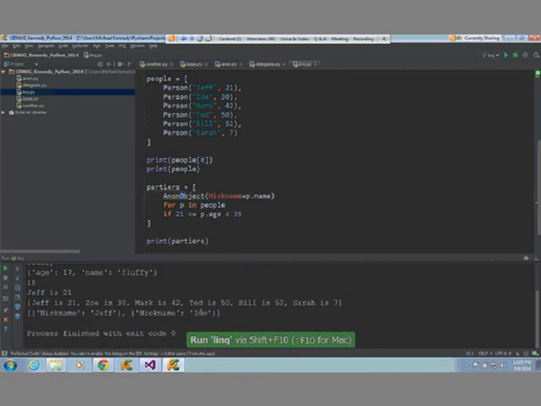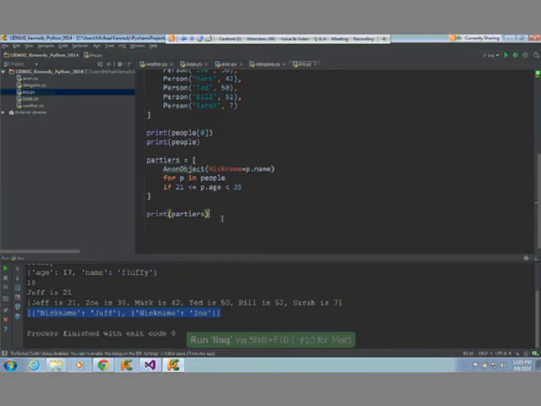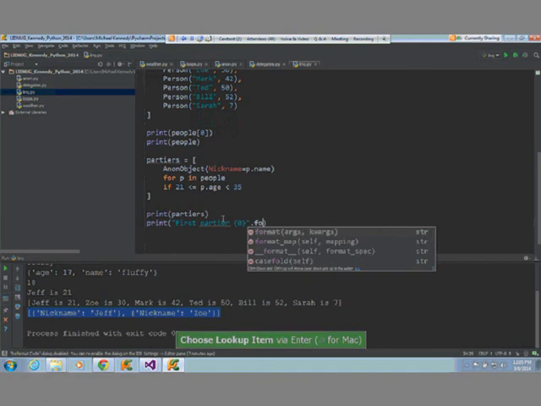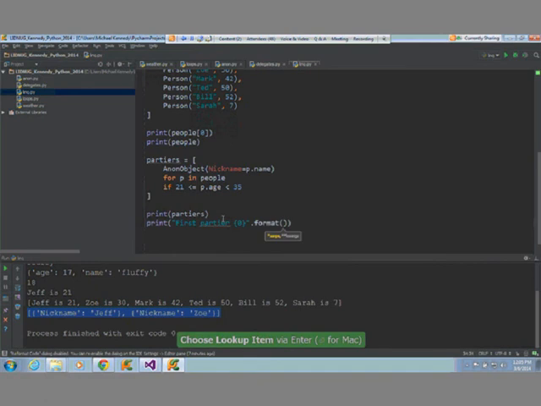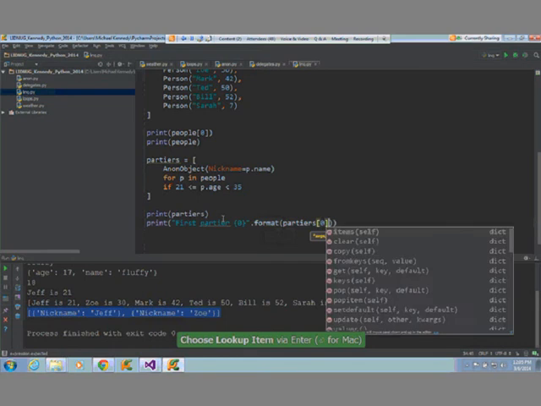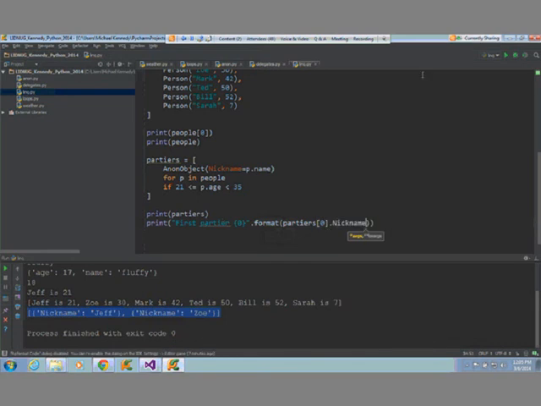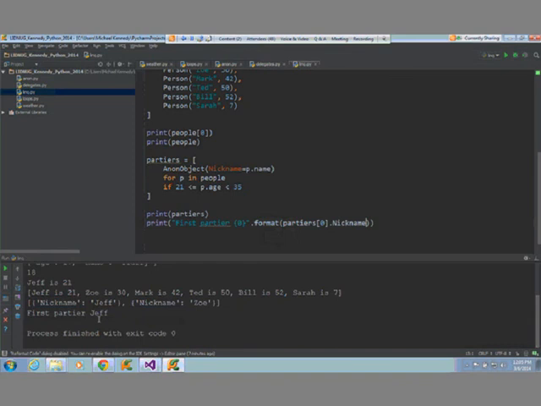Right, so here's our actual object, and I can come down here and I can say print first partier curly zero dot format is going to be partiers of 0, that's the first one, dot nickname, right? First partier is Jeff.